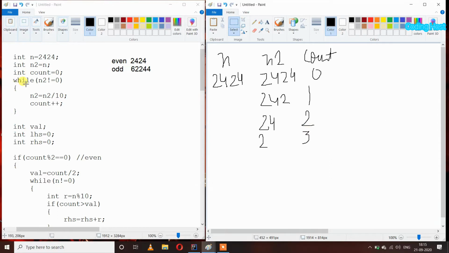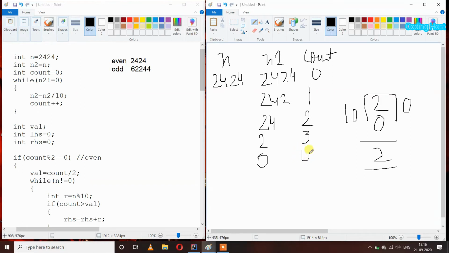After that we again run our loop. So n2 is 2 which is not equal to 0 and our condition is again true. So we again get inside this loop and n2 equal to n2 slash 10, dividing n2 by 10 again and storing this quotient back in the n2. So now this n2 has 0 inside it, and after that count plus plus, so count will become 4.